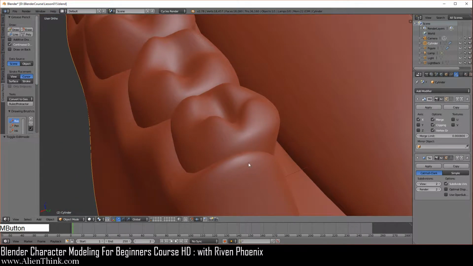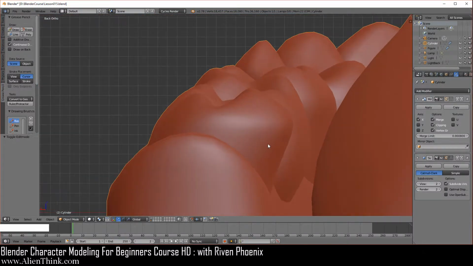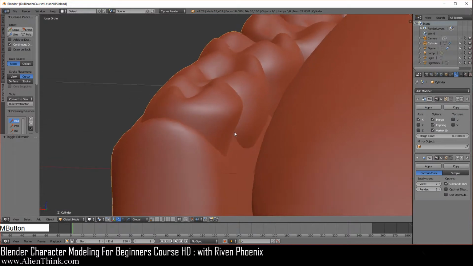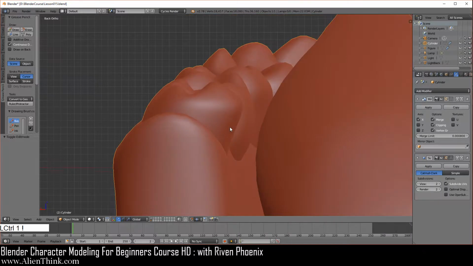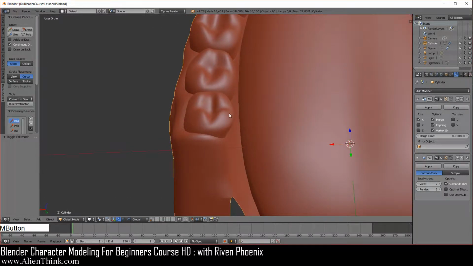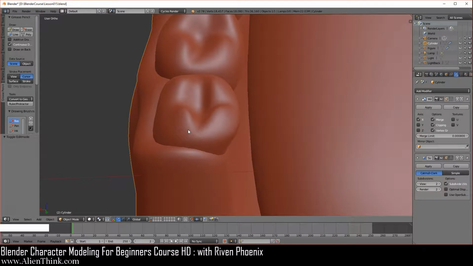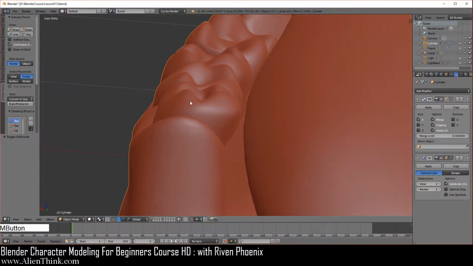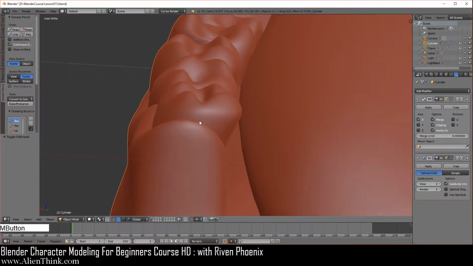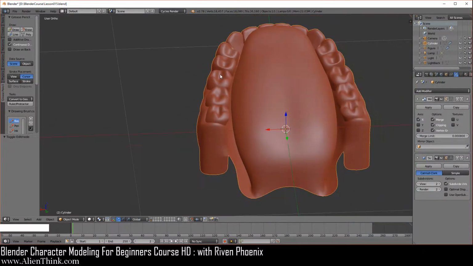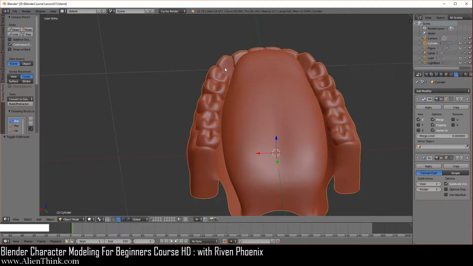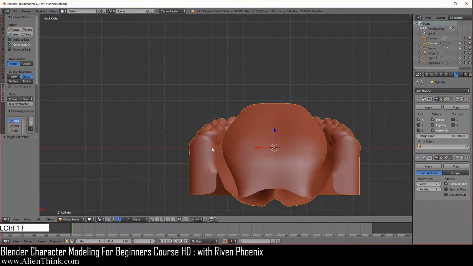Okay, now what I want you to notice, if I do Control 1, you see what we've done is that if you just rotate over here, see how this tooth is actually crooked, it's coming inside the mouth. So what you need to be aware about this tooth is that some people have this tooth actually growing in this direction to the left, all the way to the left, and some people have it all the way to the right. It's always different. So what we're doing is just generalizing this concept that this is how the teeth are going to be based on general principles of the design of the inside of the mouth. Okay, so just be aware of this.